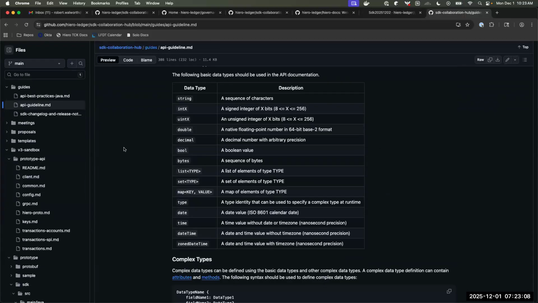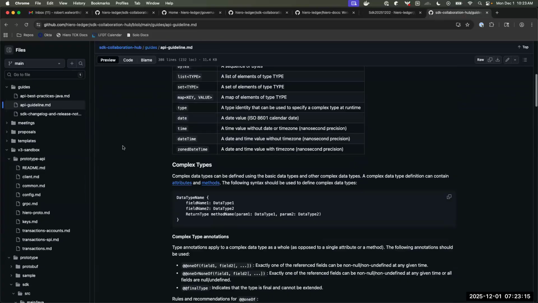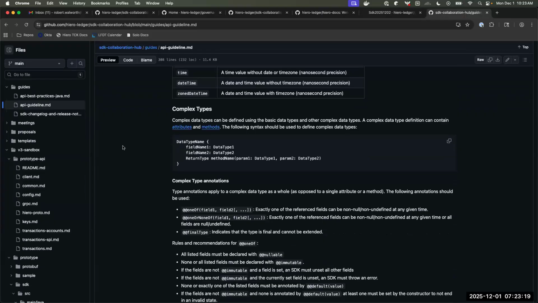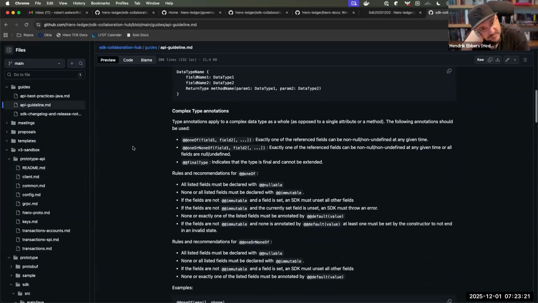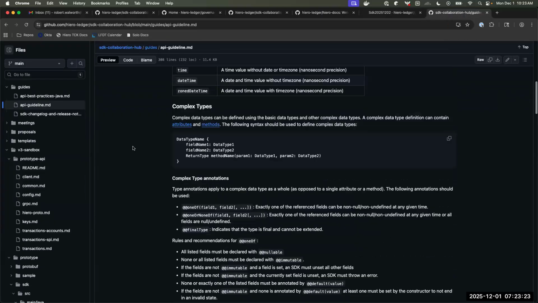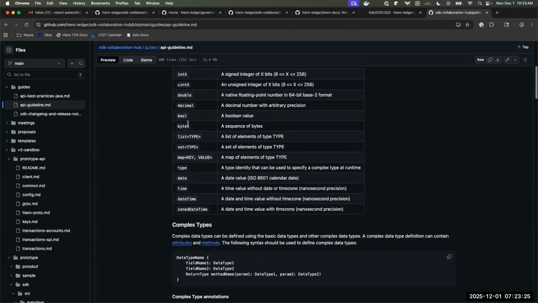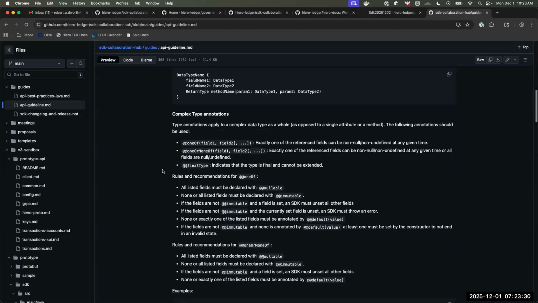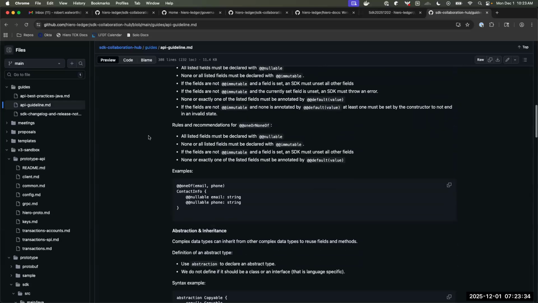Like you could probably just look at the files itself and get a good idea of what everything is and the structure there, but it defines it out a little bit more. So it defines what the types look like, any sort of special behavior. We have different annotations for that.